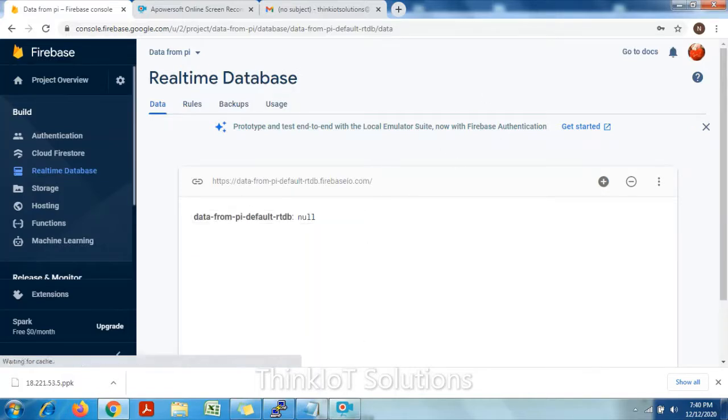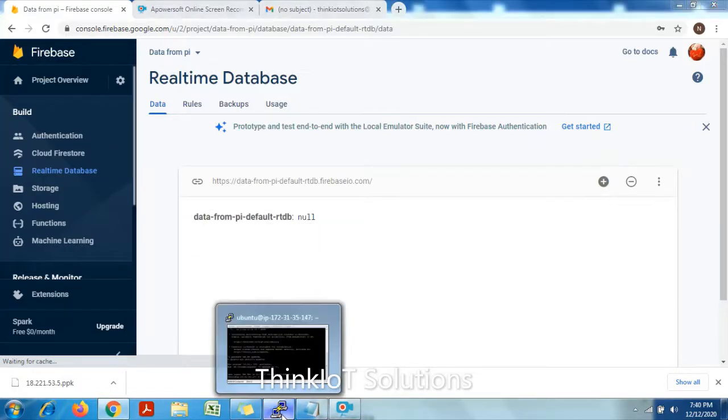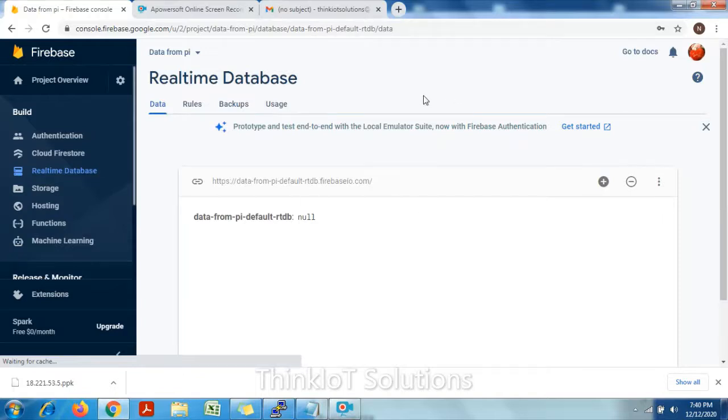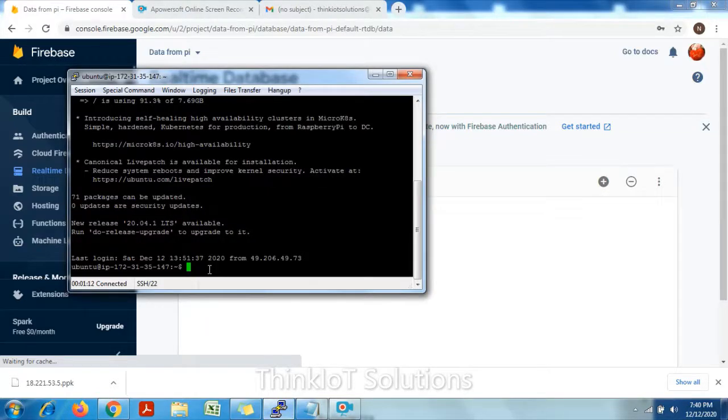I need to communicate from the AWS server to the Firebase server, so I need to use some internet communication protocols, and the most widely used internet communication protocol is the HTTP protocol. If I want to use it, I need to install those libraries in my AWS server.